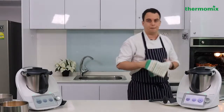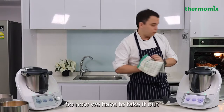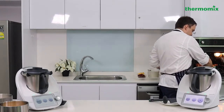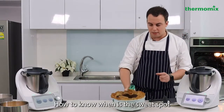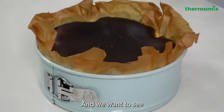Okay, so the cheesecake has been in the oven around 20 minutes. So now we have to take it out of the oven. Okay, and how to know when is the sweet spot to take it out? So we put it on the table. And you see we want to see